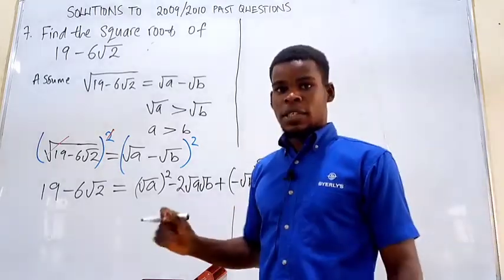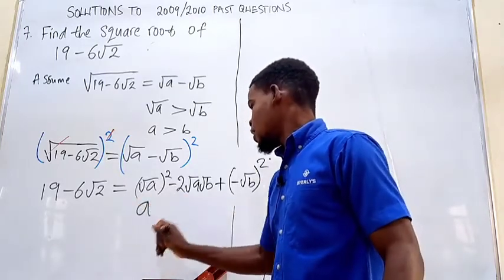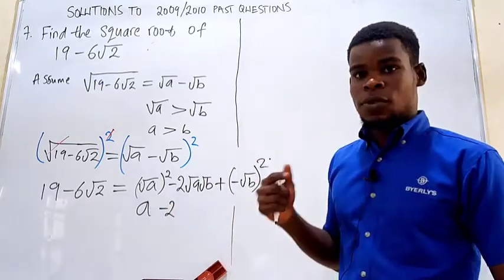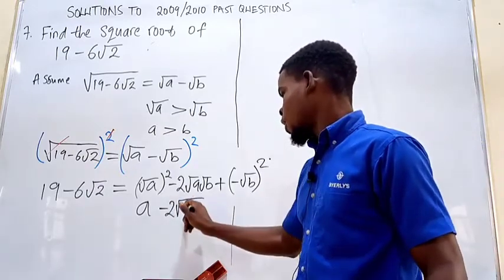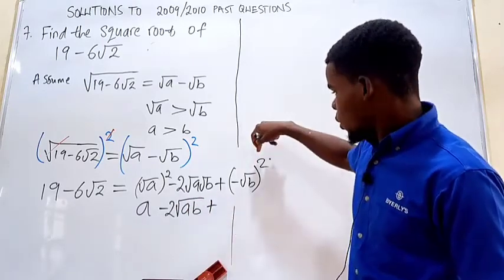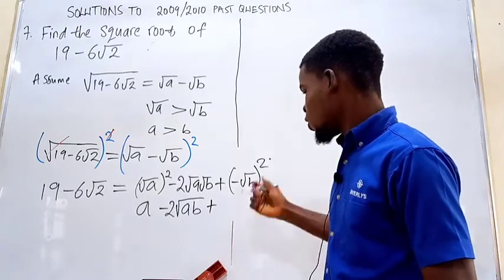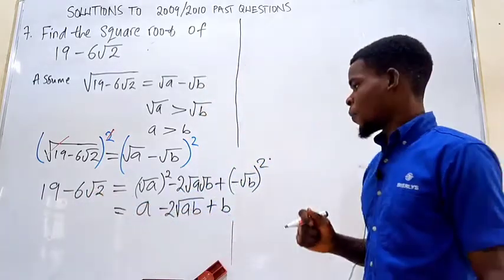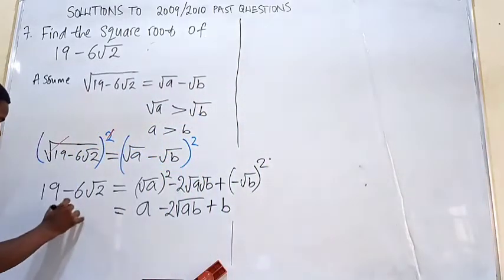Now from here, we just have to talk about the square root of a squared, which is going to leave us with just a. Then negative 2 times the square root and another square root being multiplied together, so we just have the square root of the product of the numbers. Plus, this is squared, so the square is going to take care of the negative, and the square root of b squared is just going to be b. This is just 19 minus that. So this is the next thing we're going to talk about. Let me just put it down: 19 minus 6